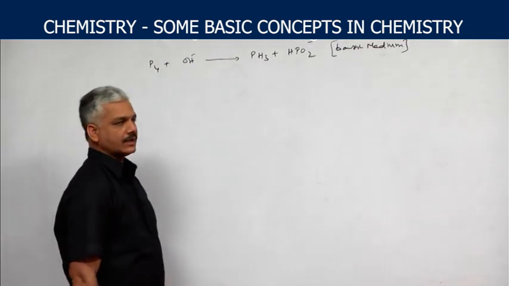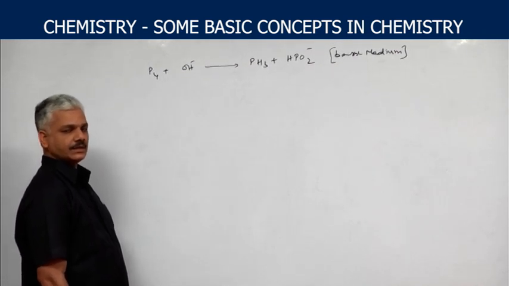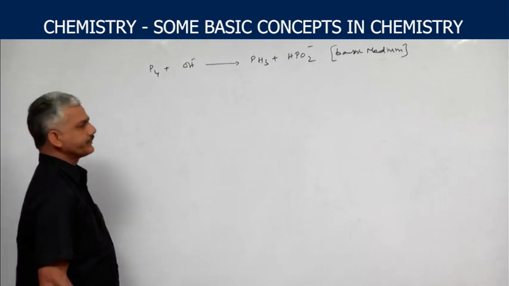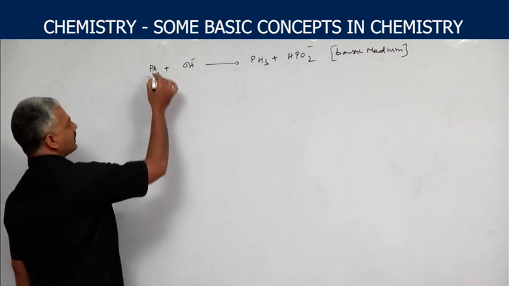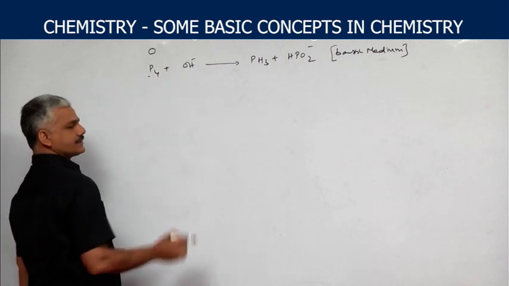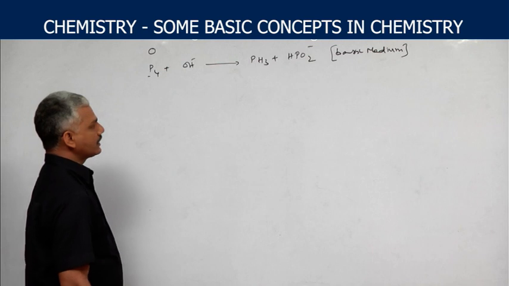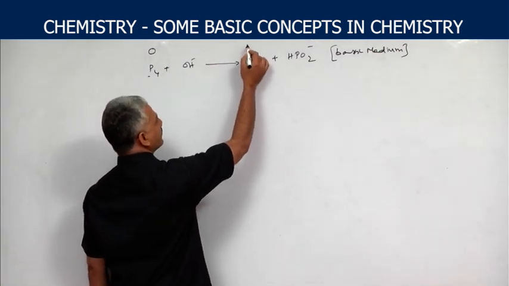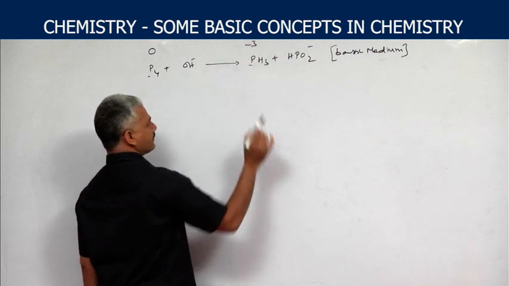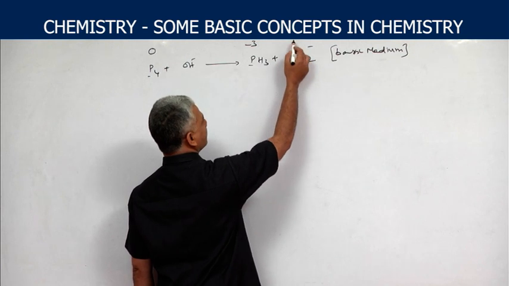Now, as usual, we have to calculate the oxidation states of elements other than oxygen and hydrogen. Here the element present is phosphorus. On the reactant side, the oxidation state of phosphorus is 0, because it is a homoatomic molecule. In the products, in phosphine the oxidation state of phosphorus will be -3, and in this H2PO2- ion it will be